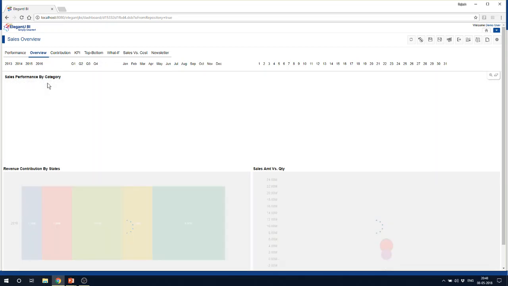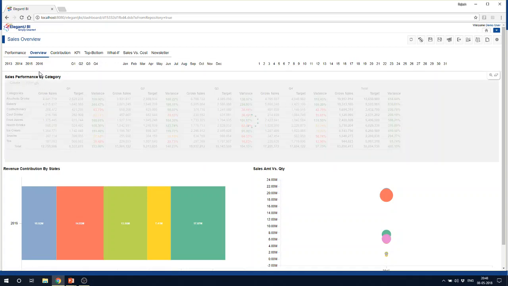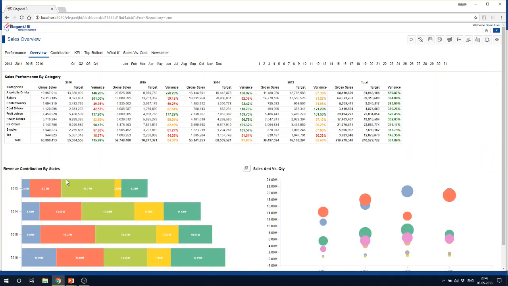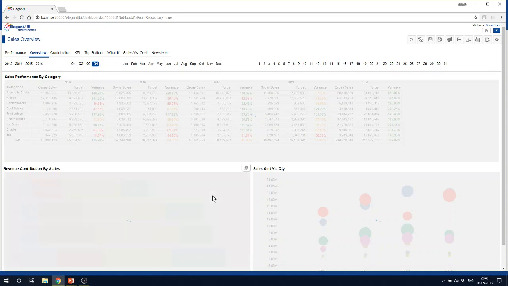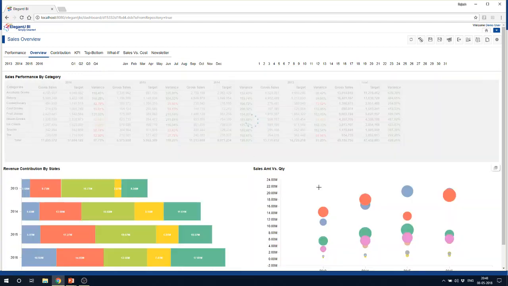So other than that, what one can do is one can filter the data based on a particular month or a particular date, or anything you would choose. So say for example, I would like to see the data for the fourth quarter of all these years. So I would click quarter 4 on the timeline, and I would see the comparative data for these years for quarter 4. So it's so easy to filter and analyze, but the real power is in diving deep